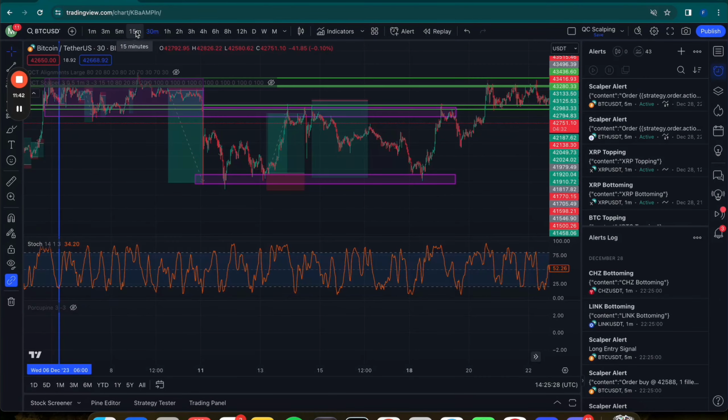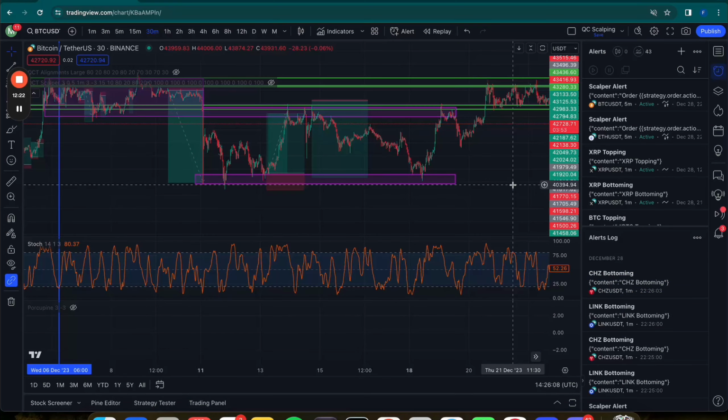Now, if you look at all those stochastic values, then you will get a much better idea about where the market is, short term and long term. And by combining those together and comparing those, you will see where the strength really is. So let's say that the high time frames are very bearish, right? But the low time frames are very bullish. What does that mean? Well, that means that overall we're bearish, but short term there might be some sort of pump or some sort of retracement to the upside before there is a continuation down.